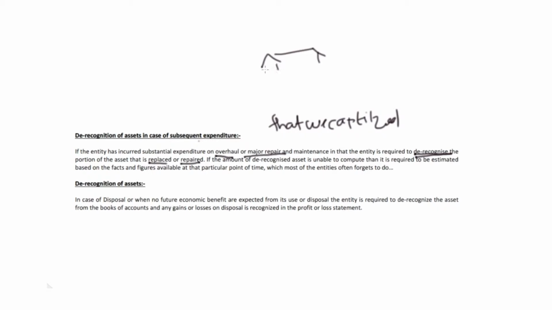Suppose this is an asset and we replaced this component, this component we repaired and maintained, and we